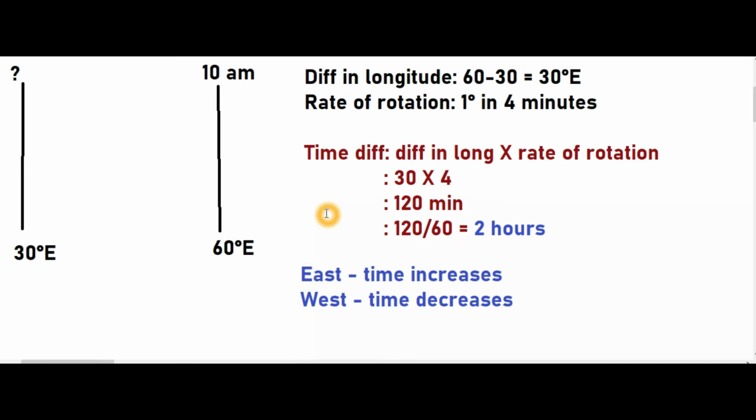So here when we take these two places given in the question, the time of the place located on the west needs to be identified. That means we have to reduce 2 hours from the time of 60 degree east. One more time, keep in mind, Earth is rotating from west to east, therefore when we go towards the west, their time will be behind the time of east side. So here in this question also we need to find out the time of the place located on the west. That means we have to reduce the time difference from the time of 60 degree east longitude.